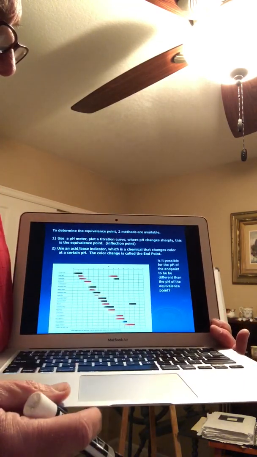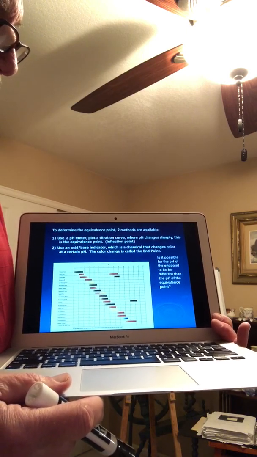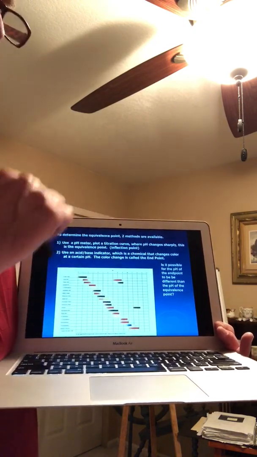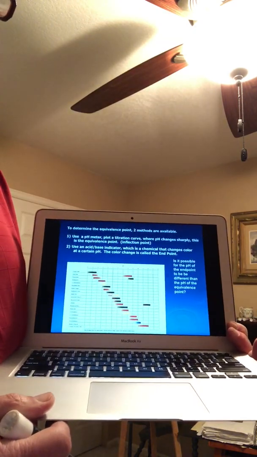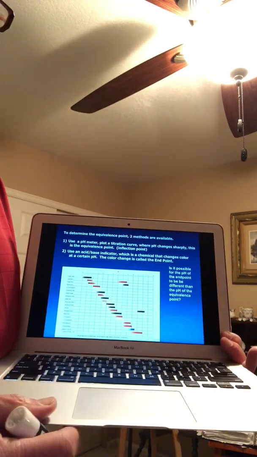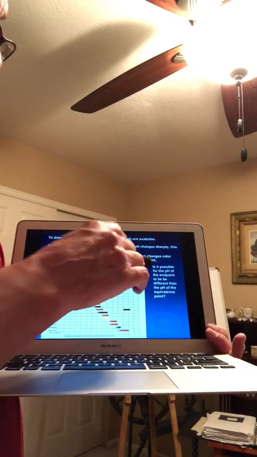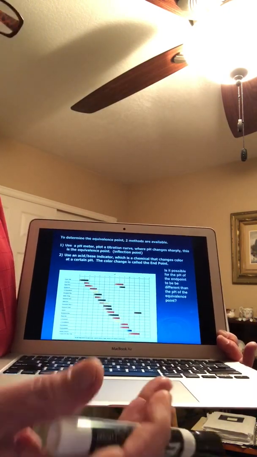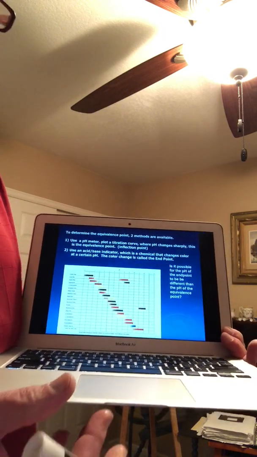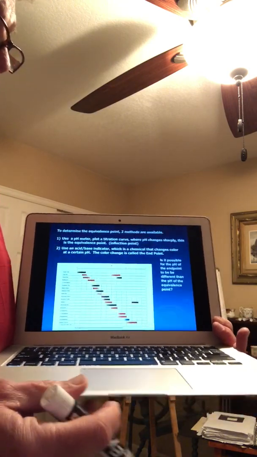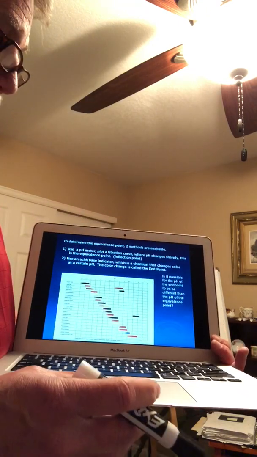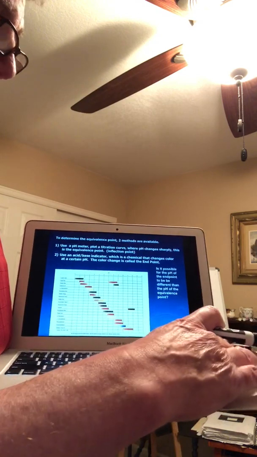which it says right here, is it possible for the pH of the endpoint to be different than the pH of the equivalence point? And just making the point, the endpoint is technically when the color in the indicator changes, where the equivalence point is where the moles of acid equal the moles of base. So is it possible for the pH of the endpoint, the color change, to be different than the pH of the equivalence point? That is a possibility. In designing an experiment, a chemist wants to design the experiment where those are going to occur at the same point. And this is why phenolphthalein is such a good indicator.